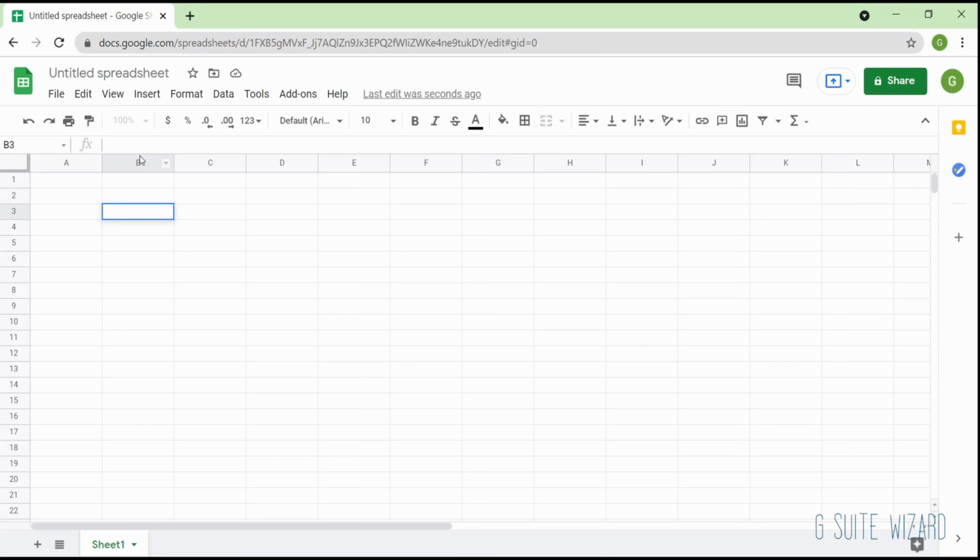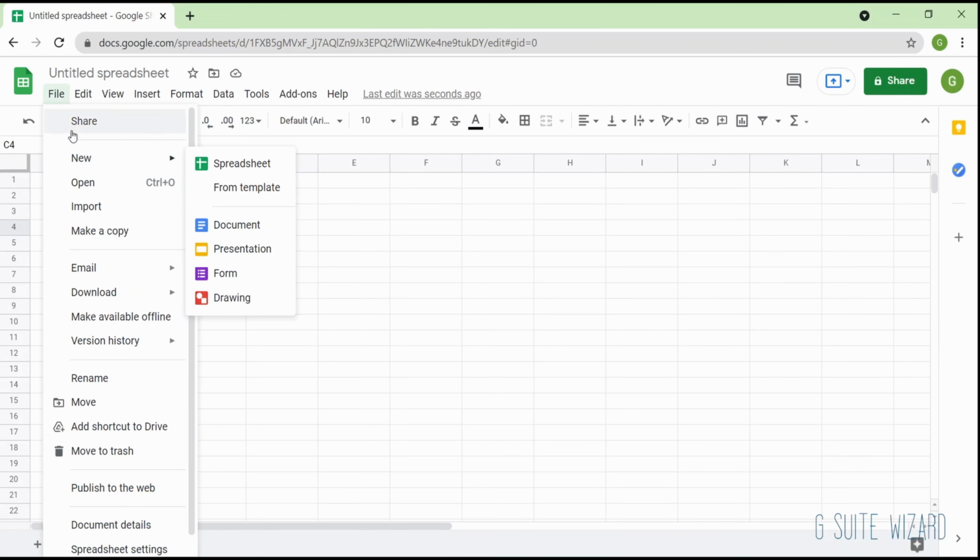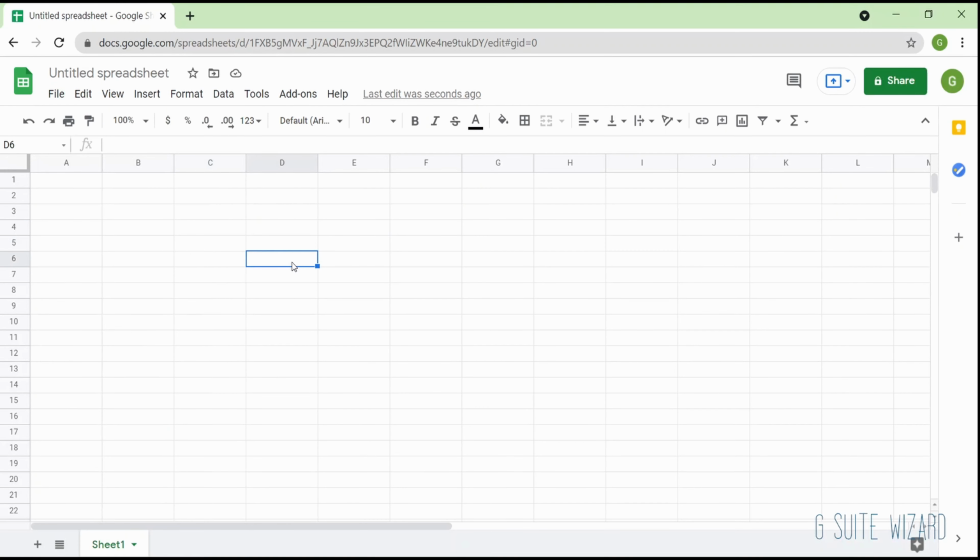There are a lot of formulas that help you in doing different sorts of functions that can give you data and represent that data in the way you want. There are different settings here. You can share this. So one of the best things about Google Sheets is there can be a lot of editors. There can be a lot of users on the same sheet at the same point. It is one of the advantages Sheets has over Excel.